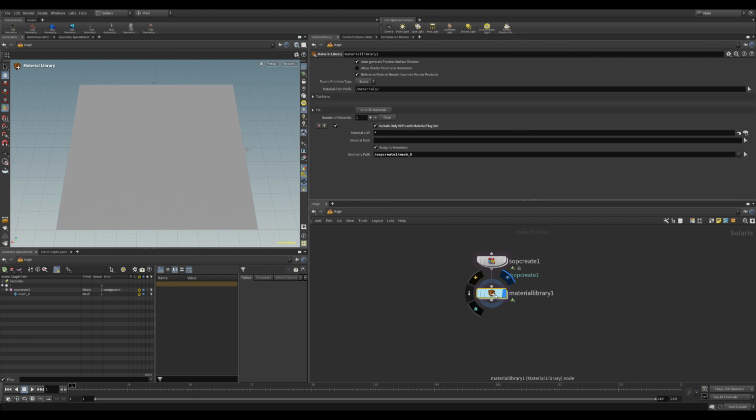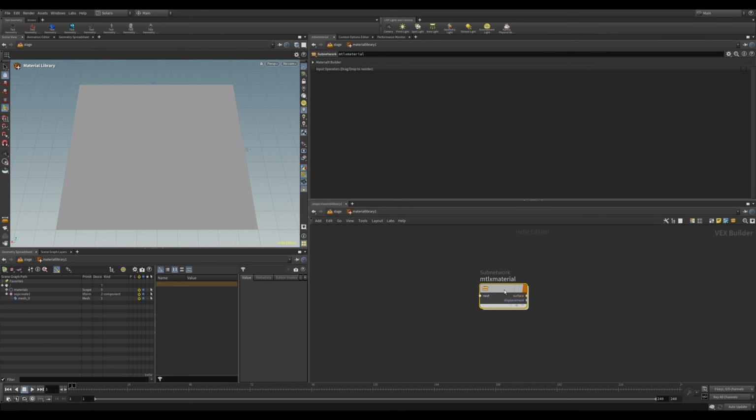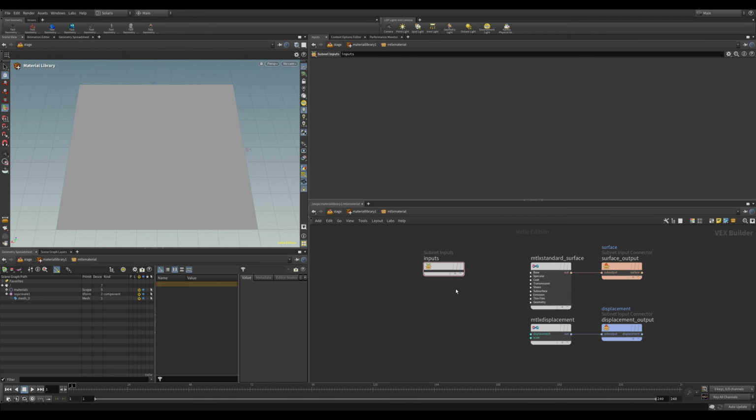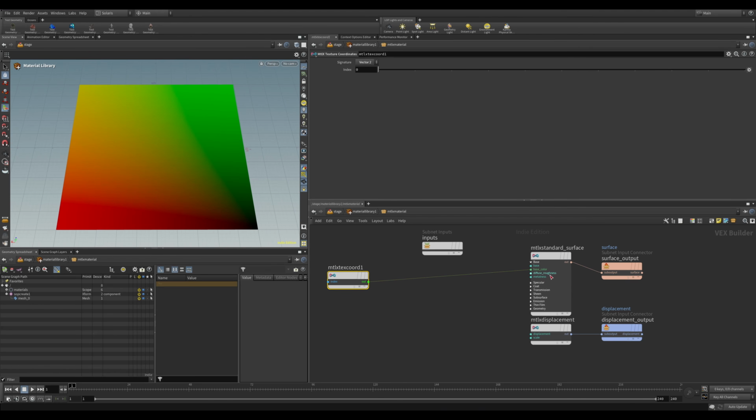So let's dive inside the library and create the Material X builder node. And within this node, we'll create our texture bombing setup. So let's dive in. The first thing we need is access to our UVs. We can do that by using the texture coordinates node. So I'm going to put that down next. Texture coordinates. And let's visualize this by connecting it to the color input of the standard surface. Let me expand this base group, and I'll connect the texture coordinate output straight into the base color. So that's what our UVs look like.